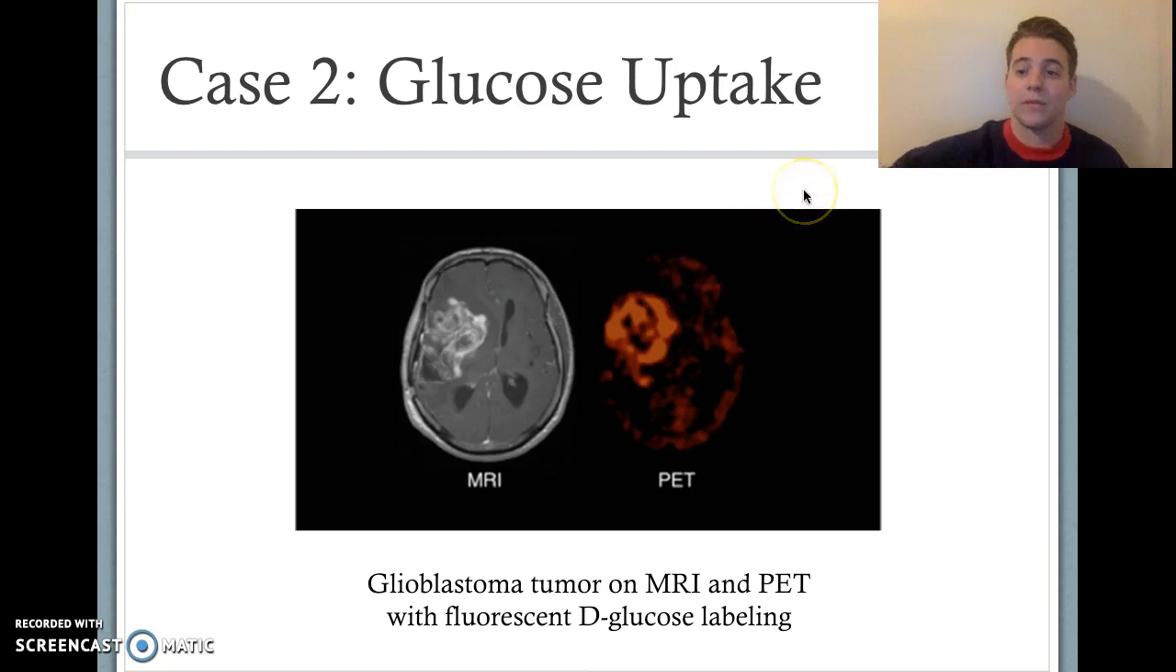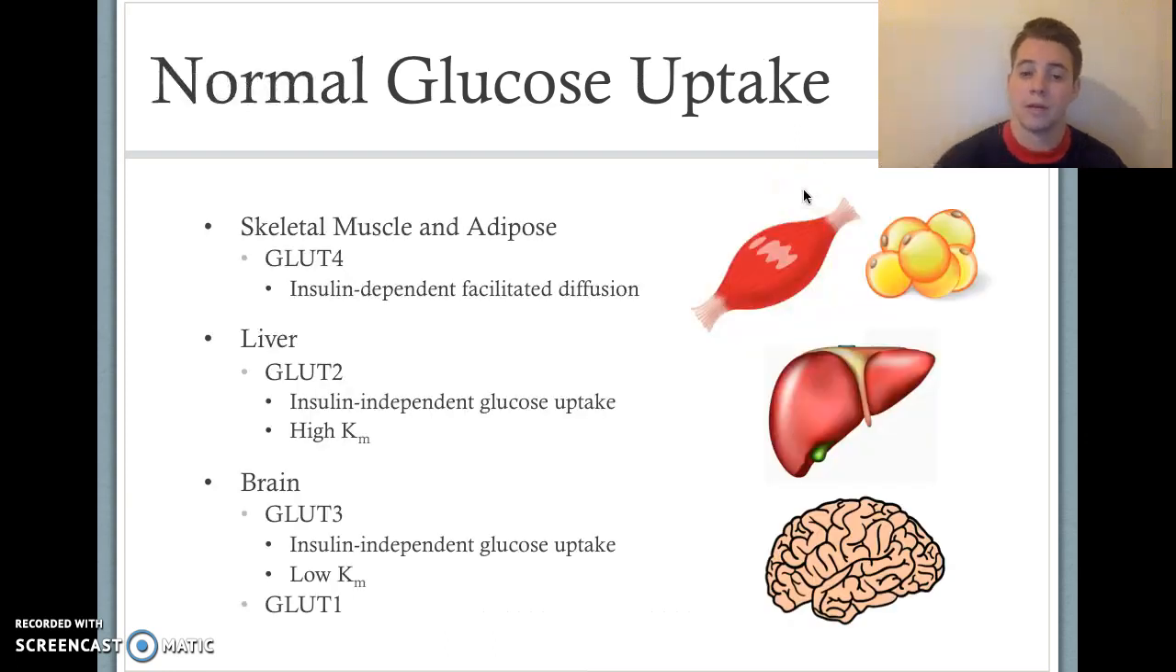But first, we have to look at the normal glucose uptake in a variety of tissues, and then we'll move into the brain, and that'll come into play with the tumor. We're going to look at skeletal muscle, adipose, liver, and brain tissues. Skeletal muscle and adipose tissue use glucose transporter 4. It is one of the glucose transporter isoforms, but we're only going to talk about the ones relevant to these tissues. Glucose transporter 4, or GLUT4, is an insulin-dependent glucose transporter, and it brings glucose into the cells via facilitated